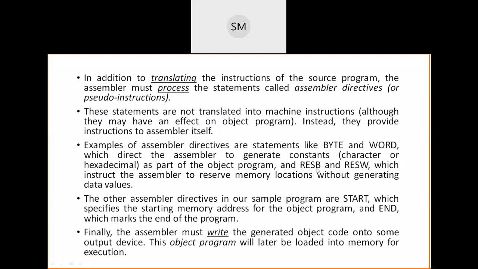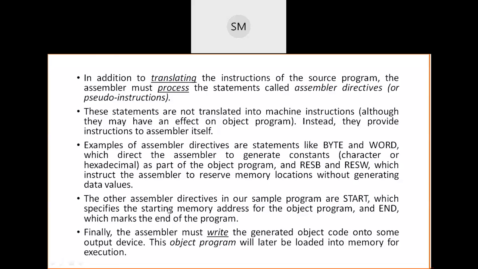But RESB and RESW will not generate the constants. They reserve the memory but will not generate constants or data values. These assembler directives instruct the assembler to reserve the memory locations without generating the data values.